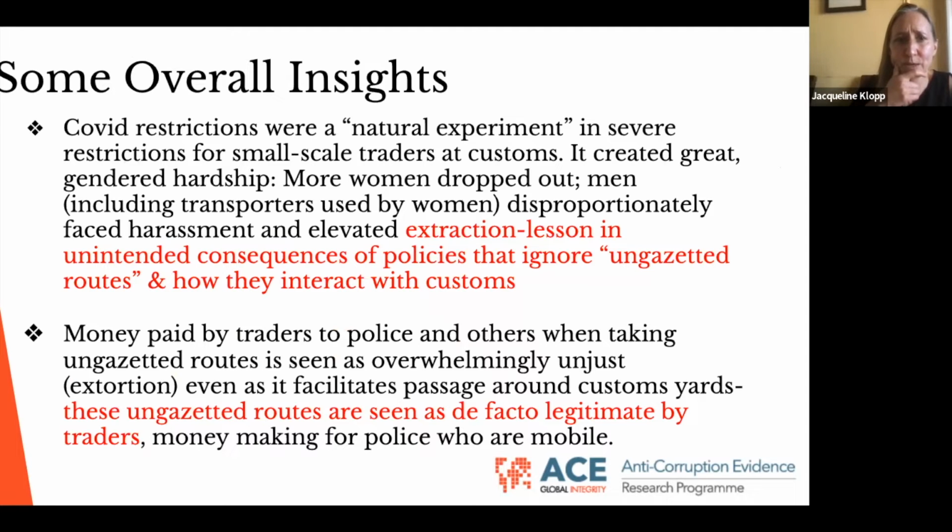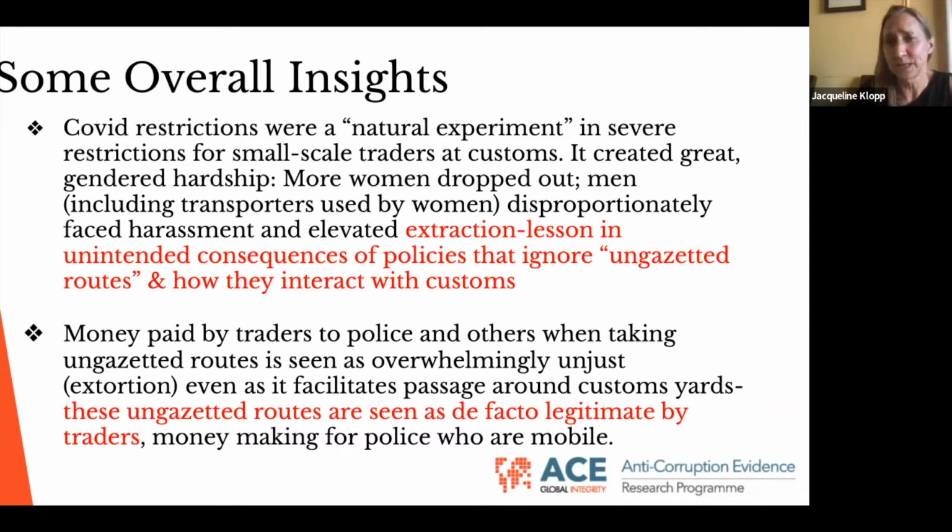So some basic overall insights. One, we learned about the unintended consequences of policies that ignore these ungazetted routes and how they interact with customs and the corruption dynamics and the gender dynamics. So that's something we really have to think about. And also,